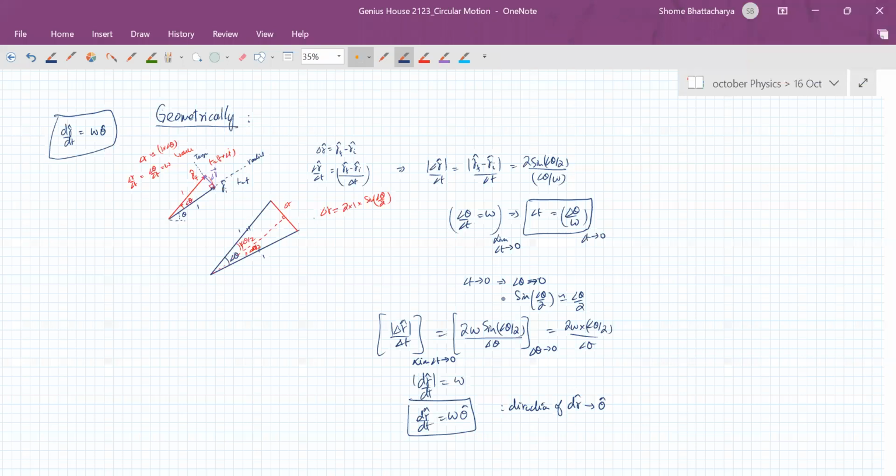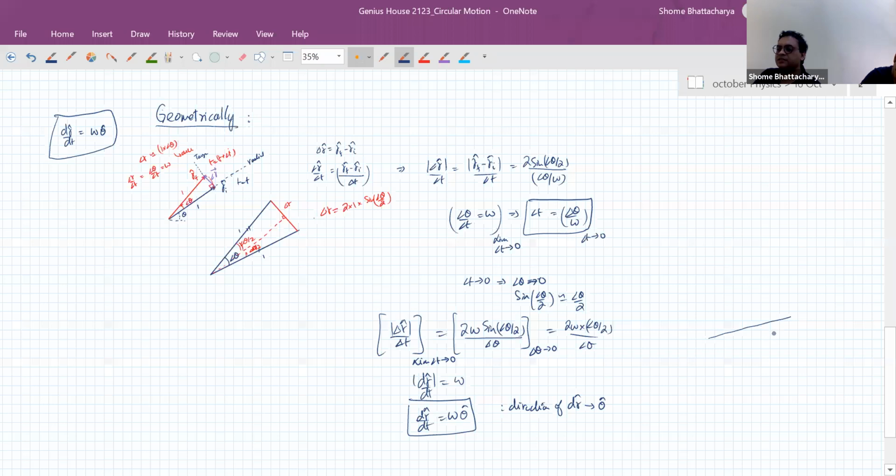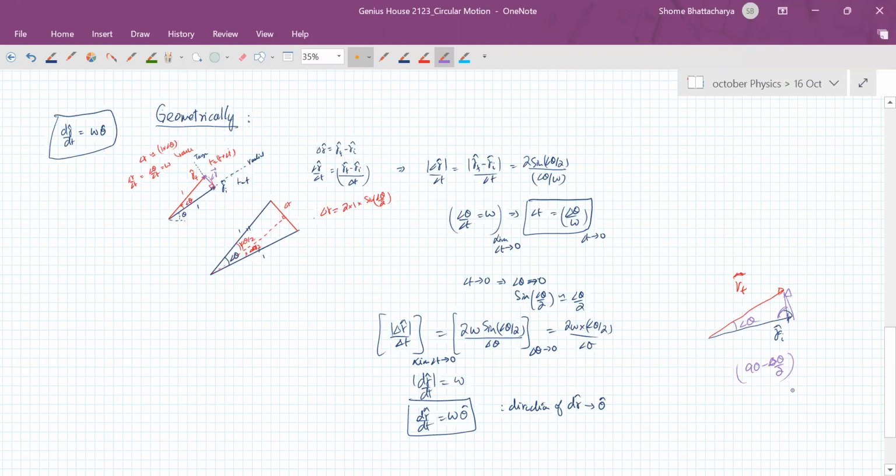Sir, I didn't understand the direction part. How did we get the direction, the perpendicular thing? Yes, so see what is happening, again you have to really imagine this, that this vector is your initial r cap, and this vector is your final r cap. Okay, this one that I'm drawing. So now the change in this is along this direction. So obviously, if this is delta theta, how much is this angle? This angle is 90 minus delta theta by 2. Yes, sir. So now make delta theta tending to 0. So it tends to 90 degrees.